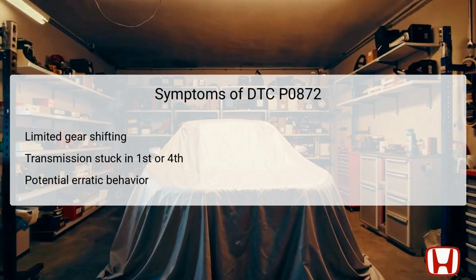The symptoms associated with DTC P0872 can significantly impact the drivability of the Honda Accord. One of the most notable symptoms is the limitation in gear shifting. The transmission may only function in first or fourth gears, leading to a greatly hindered driving experience. This is due to the fail-safe mode activated by the PCM when a fault is detected in the transmission fluid